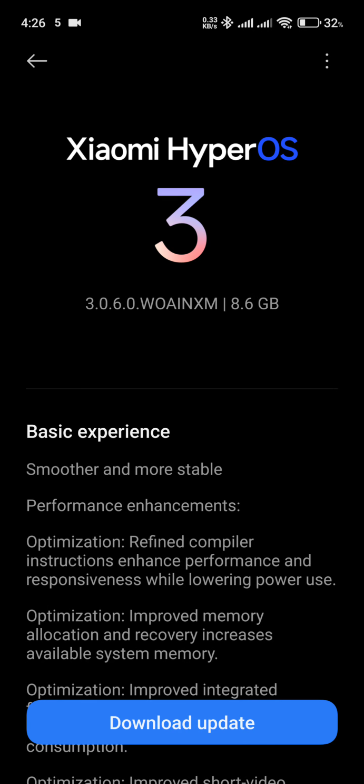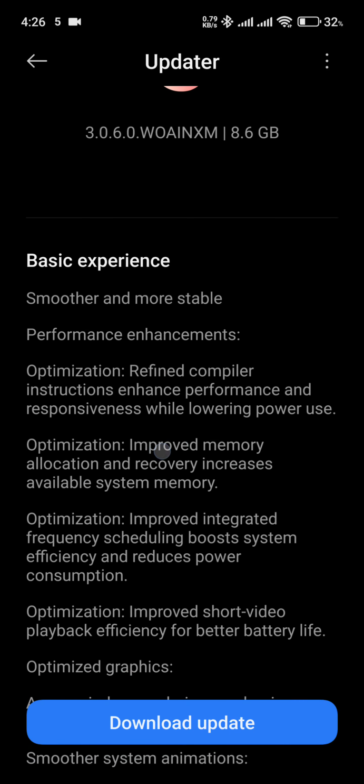All right, folks. So finally, today on 30th of November 2025, you finally have HyperOS 3 for Xiaomi 15 Ultra in India. So, what is the change log? It suggests smoother and more stable. Okay, it just says smoother and more stable performance enhancements, optimization, refined compiler instructions, enhance performance and responsiveness while lowering